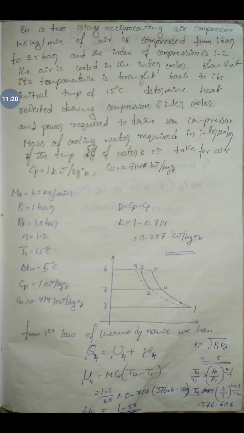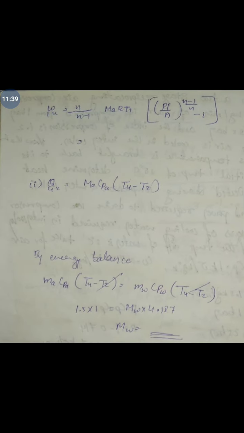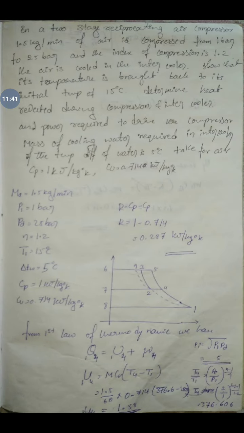Here I have left the problem incomplete, so you solve it yourself. I am going to explain here how to solve it. By knowing the work done and internal energy, calculate the heat rejected during the process, Q14. Q14 is nothing but the change in internal energy plus work done.